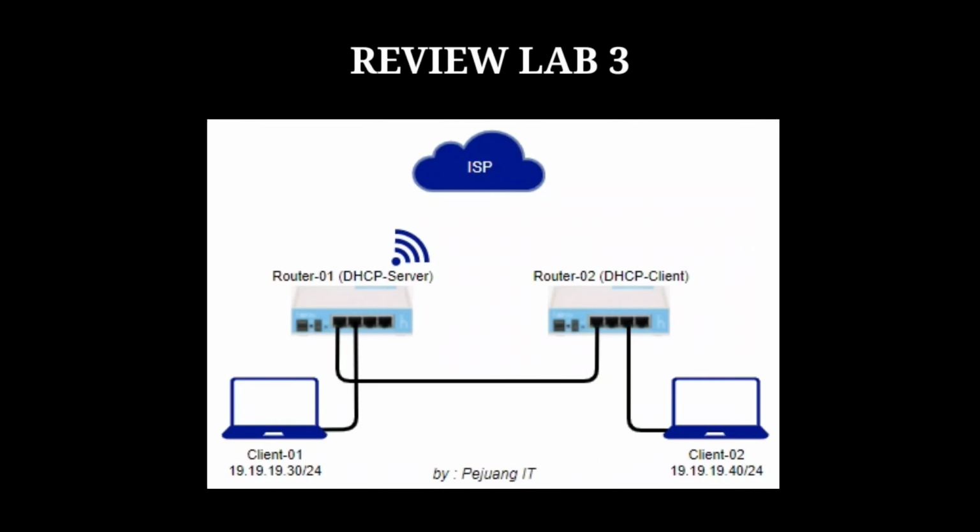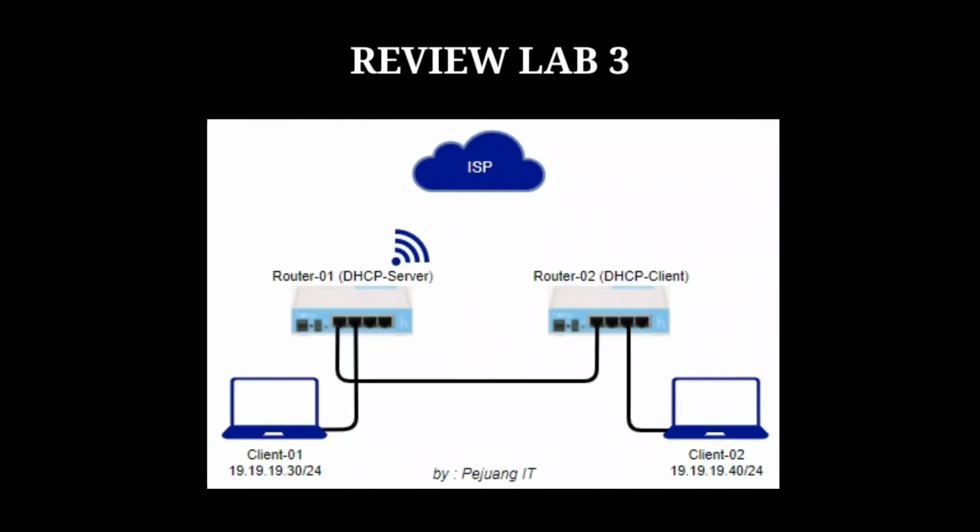In this review, we will discuss a number of things that we will configure as follows. Configure internet access with the router as an AP client using wireless and DHCP client. Bridge configuration: create an interface bridge and add the interface ports it uses to the interface bridge. IP address configuration: create an IP address for the bridge interface with the IP address 19.19.19.1/24.